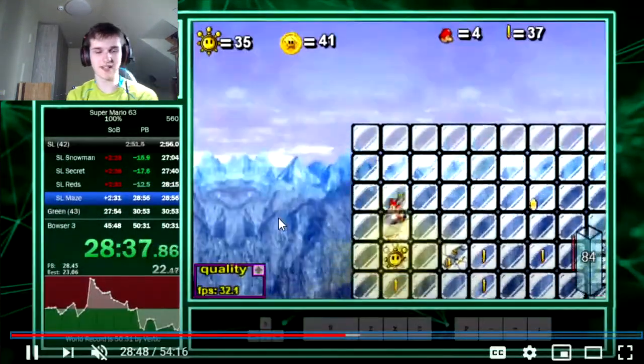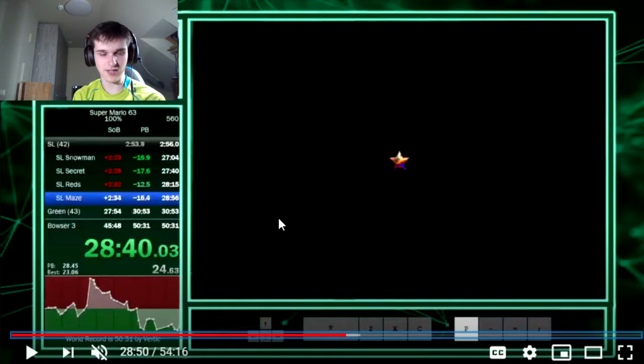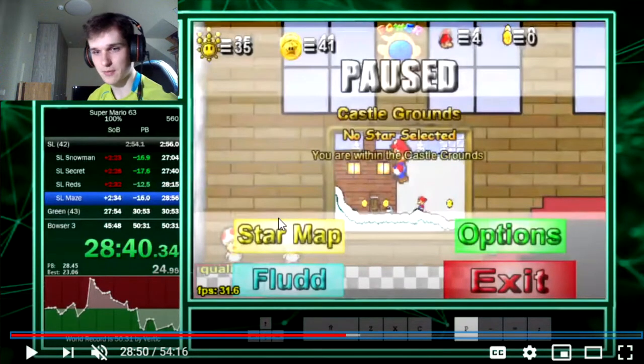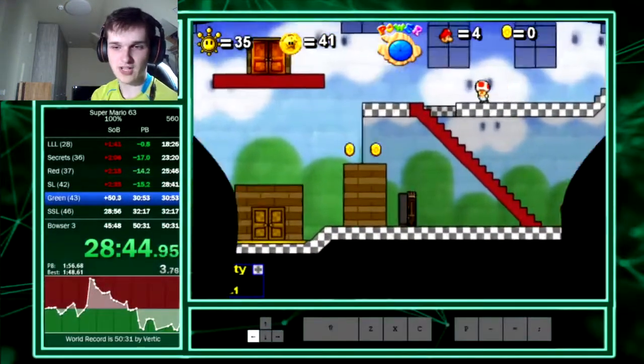Here you see what I did is I did a double exit level. Basically I exit level, then I held P during this exit level to pause immediately once again to exit level once again. Because if you exit level out of a course, it puts you at the painting. And then if you exit level once again, it puts you in the main hall, which is where we want to be now, because we're going to go into Green Shine,